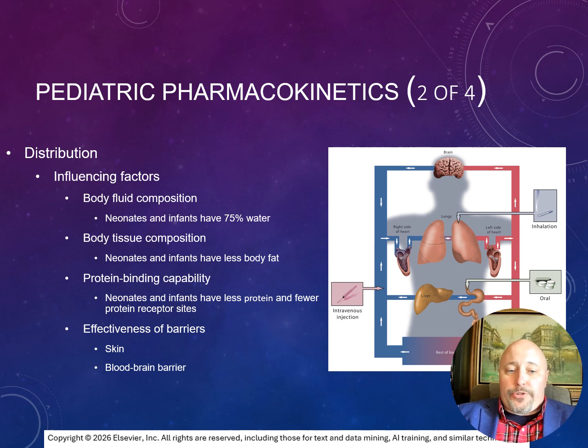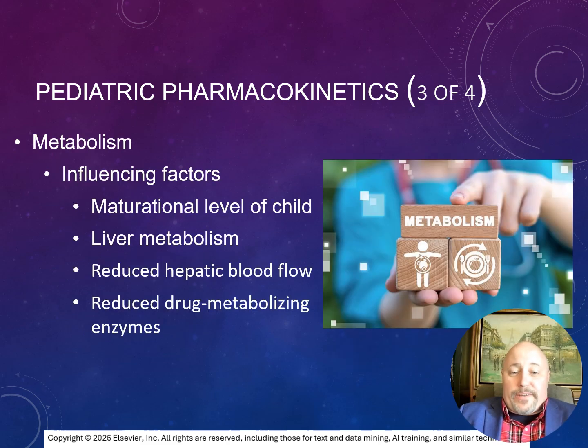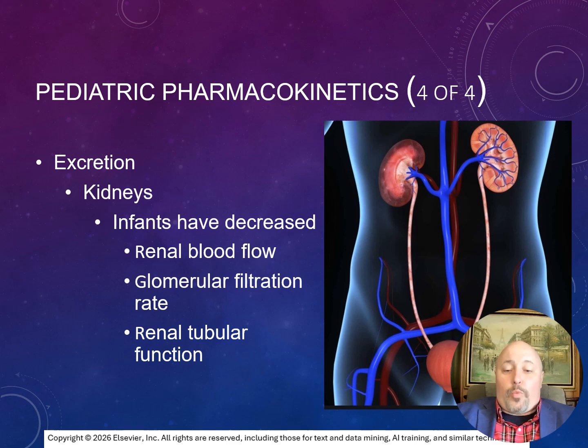When considering distribution, influencing factors would be changes in the patient's body fluid composition, body tissue composition, protein binding capability, and the effectiveness of barriers such as the skin and blood brain barrier. Influencing factors for the pediatric patient's metabolism would include things like their maturity level, liver metabolism, reduced hepatic blood flow, and reduced drug metabolizing enzymes. When considering delayed excretion, the pediatric patient's kidneys have decreased renal blood flow, a decreased glomerular filtration rate, and decreased